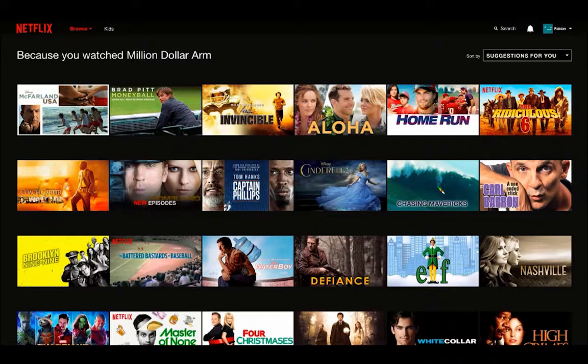Just to give you a brief example, for both consumers and companies, a Netflix-style experience would be very close to an ideal online experience. As you can see here, based on just watching behavior, I get recommendations of what would be interesting for me. So watch out. If you watch Million Dollar Arm, you're going to see Aloha and Waterboy as recommendations by Netflix. In any case, it's offering a personalized experience, and judging by what I'm actually interested in, is offering different options so that I can continue watching through Netflix.